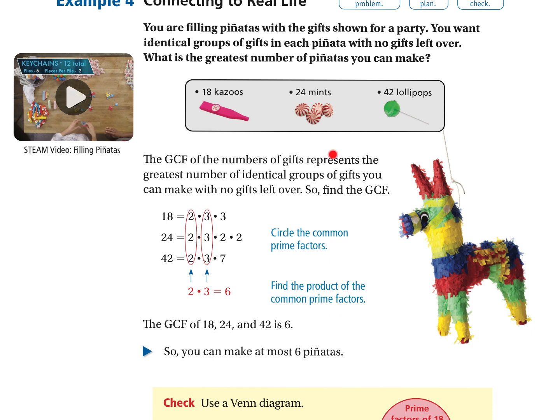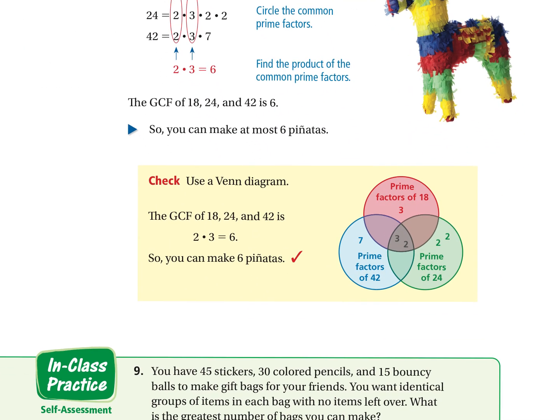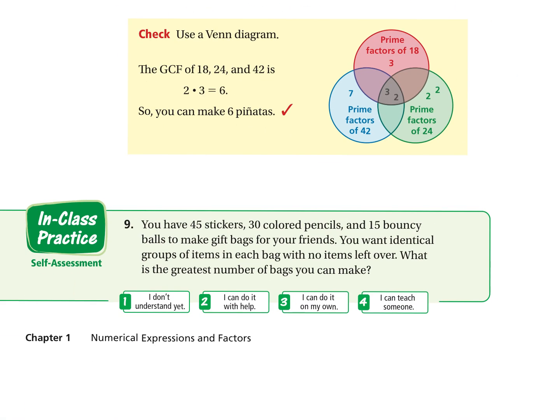So we're going to go through one of these. We're going to do it together. It does show you that Venn diagram again. It's showing you all of the factors of 18 that are prime, factors of 42 and 24. So you can still see that Venn diagram example. Okay, so my questions